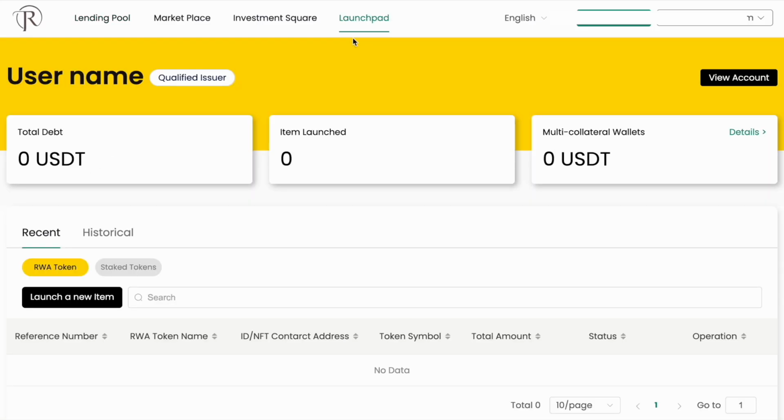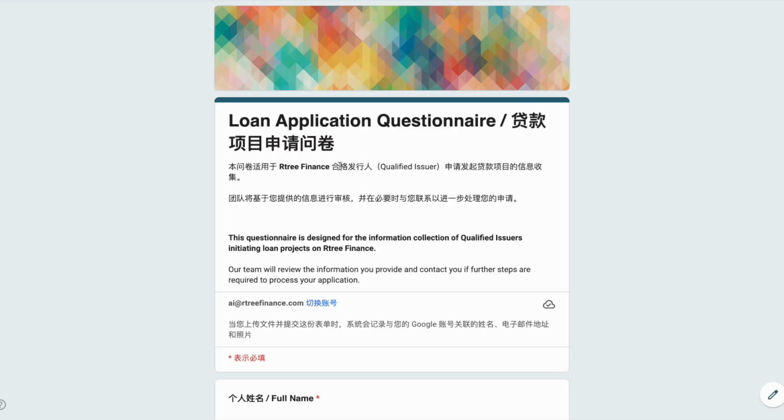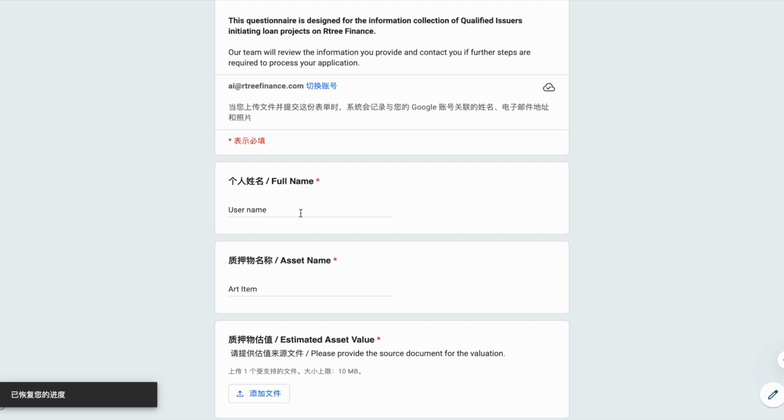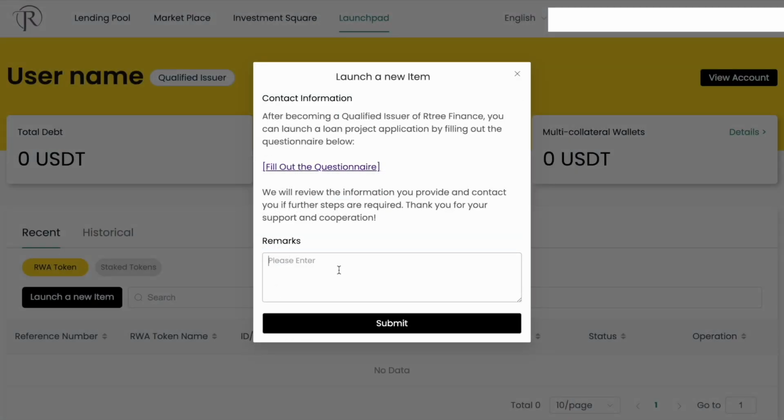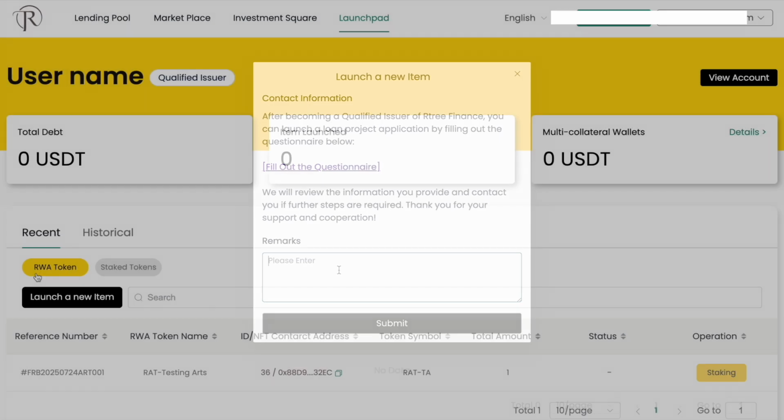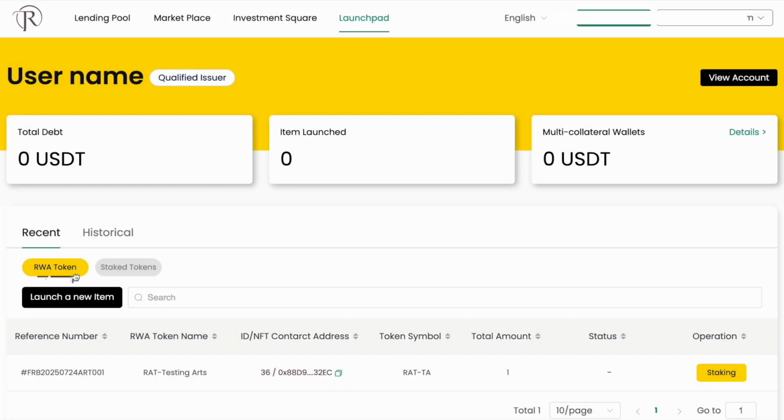Now that you're finally on the Launchpad, you can see in the bottom left corner there's a Launch a New Item button. Once again, there is a very similar questionnaire, this time focusing on the loan you want, how much you want it for, the duration, and other things like that. Once again, if there are any remarks you'd like to enter, there is a remark section for you to do so. After we have contacted you and all the offline negotiations have been completed,